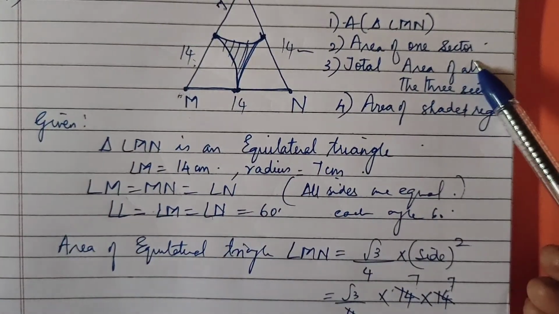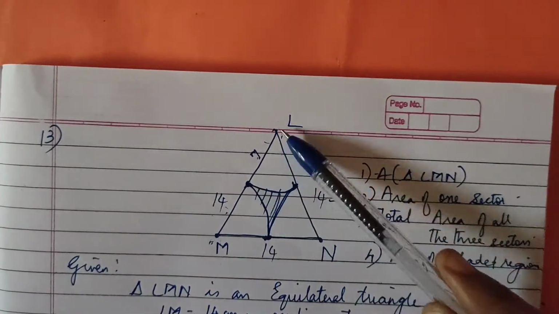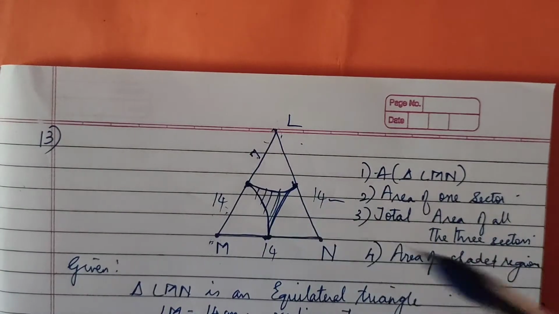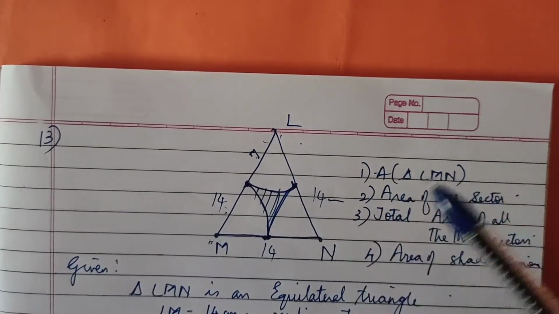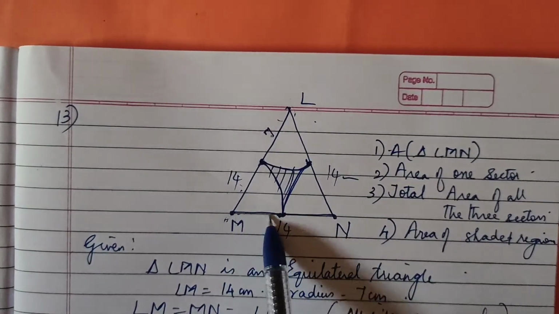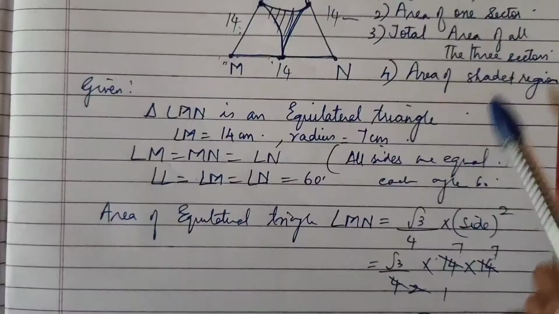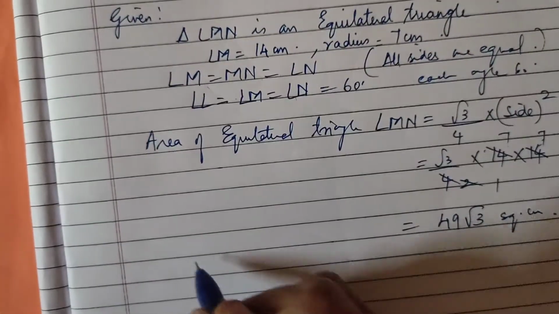Area of one sector. You can see the sector here. See, this is one sector, this is a second sector, this is a third sector. We can all see the 3 sectors here. Yes or not dear? So why do we say this is a sector? Because this is a radius and this is the length of the arc we consider here. So they asked you to find any one sector. Okay, we are going to find the area of one sector.